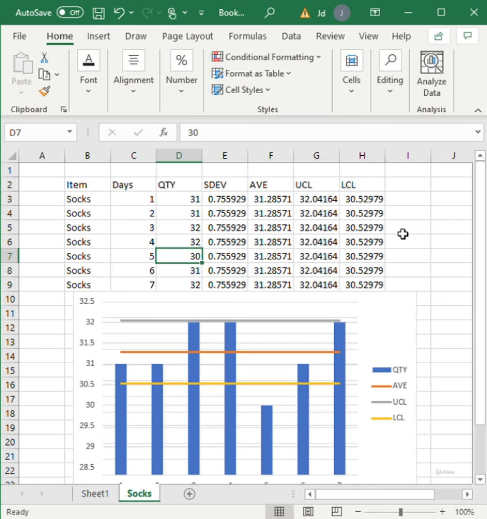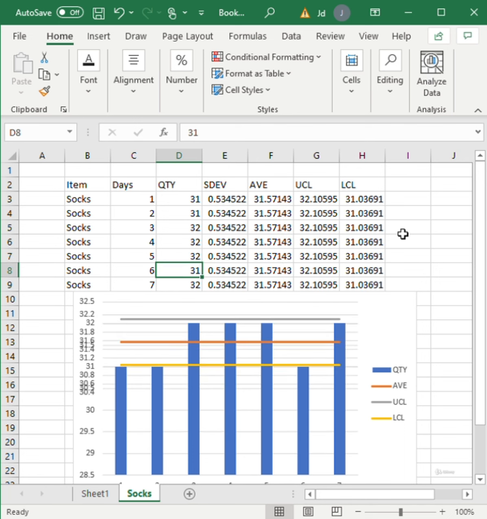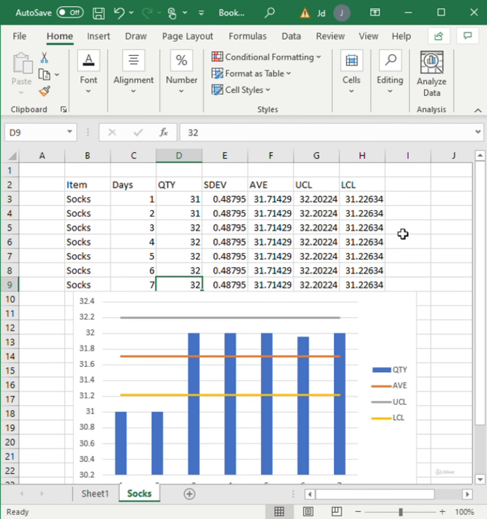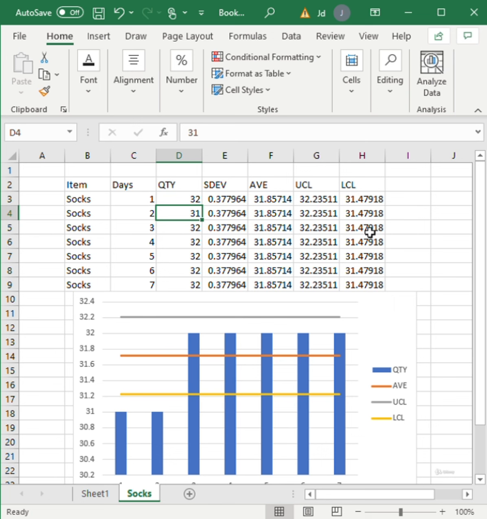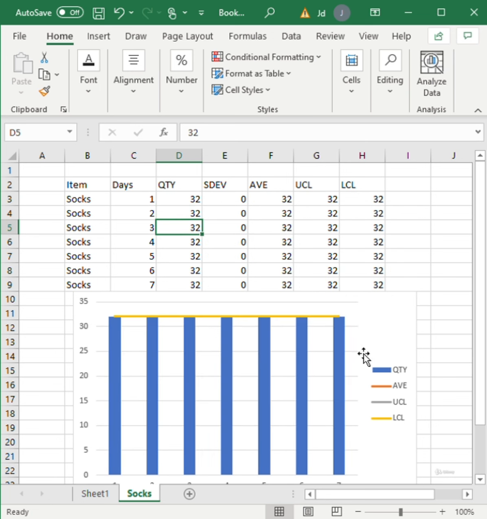That's another 32. And that's 32. That's another 32. And I think you see what's happening here. The more we do it, the closer to the UCL we get. And now we have reached the spot where every single thing is actually within limits for us, all 32. There's no standard deviation. And now we have calculated our max and our best place to set it.